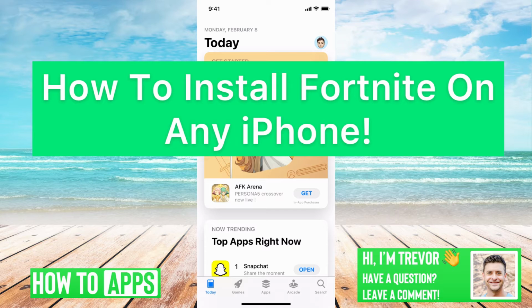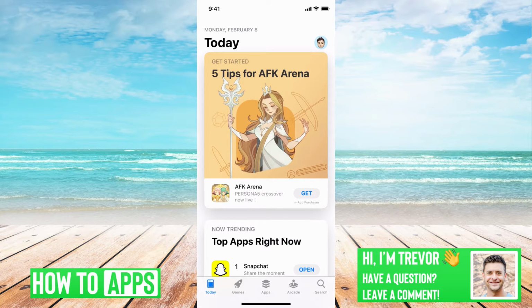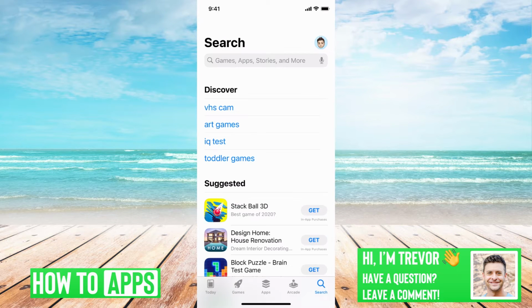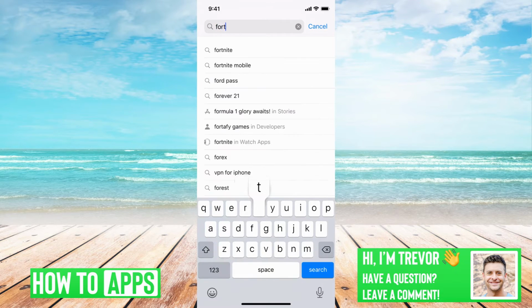I'm going to walk you through how to install Fortnite on any iPhone. It's pretty quick and easy, so let's jump right in. I have the App Store open here. If you tap on the search icon at the bottom right here, and then just type in Fortnite,